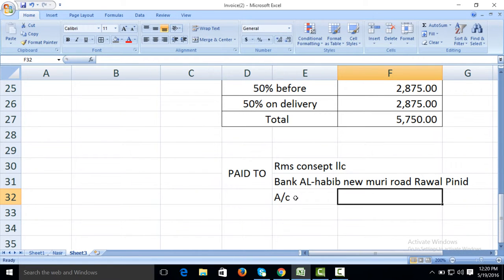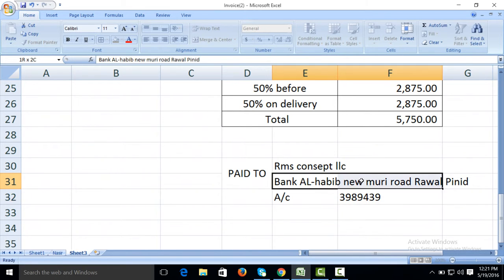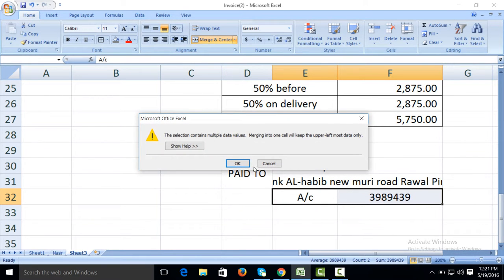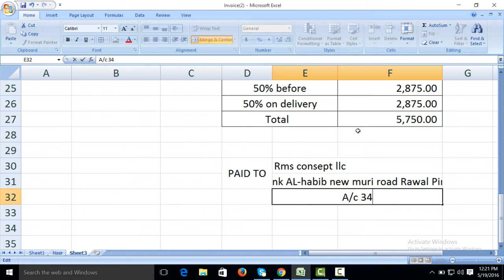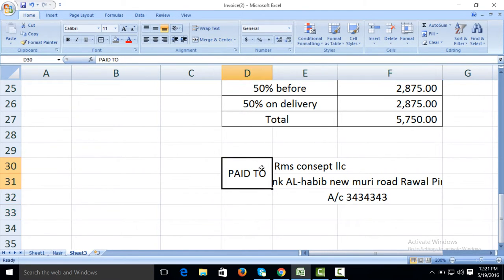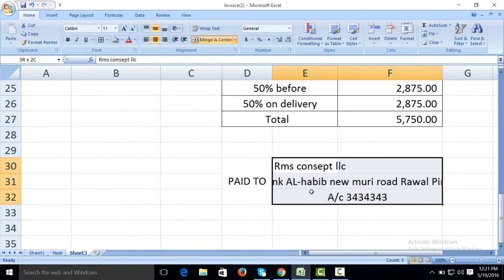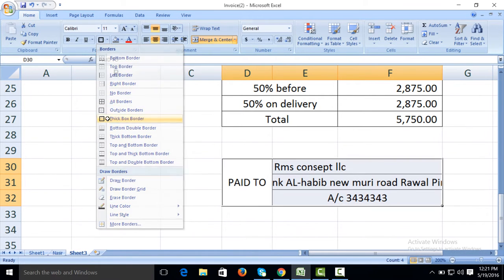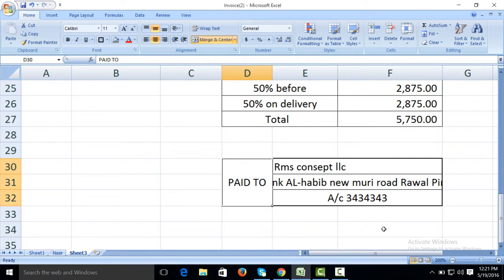Account number, account number. Control S. Also you can give authorized signature.